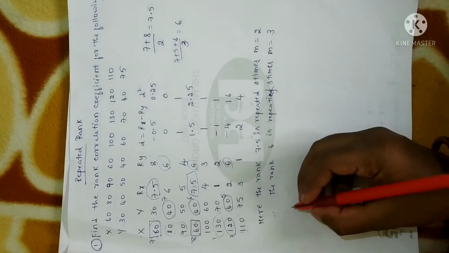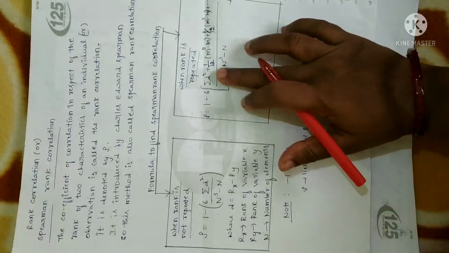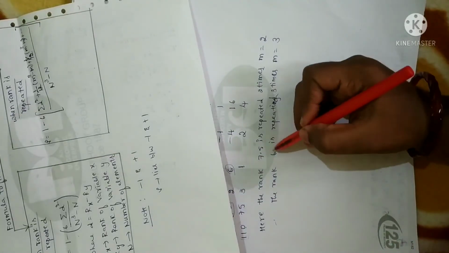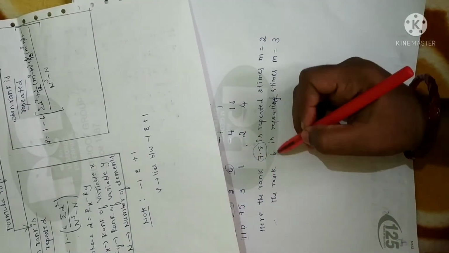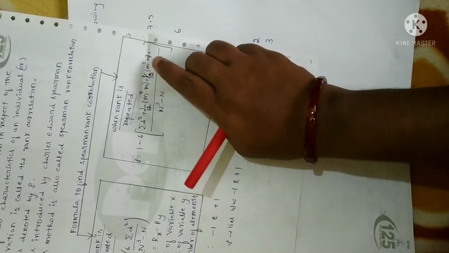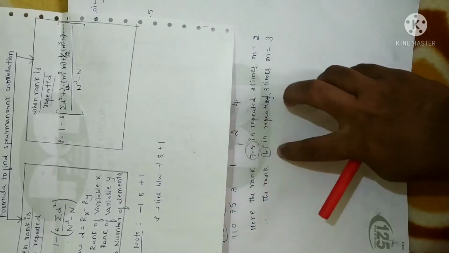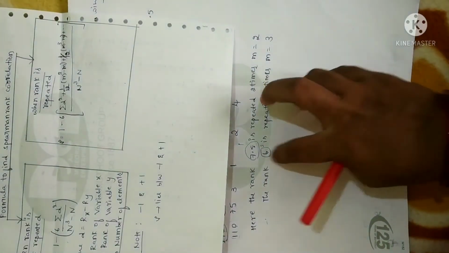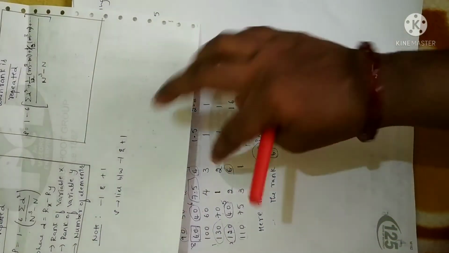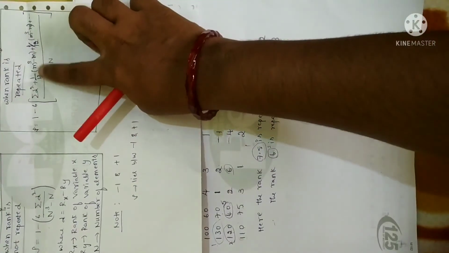Clear? Now let me write down the formula. What is the formula we have? When a rank is repeated, you have to use this formula. Before going to that, how many ranks are repeated? The first value is 7.5, the second one is 6. So 2 ranks are repeated, and you have to take only 2 terms in this expression. Suppose one more rank is repeated, say here I have rank 1. If 1 is repeated, you have to take 3 terms. Since here only 7.5 and 6 are repeated, you have to take 2 terms.